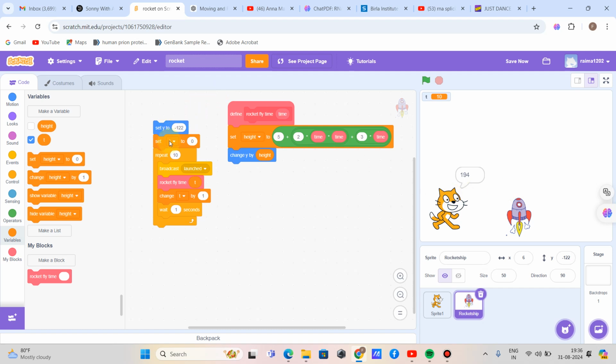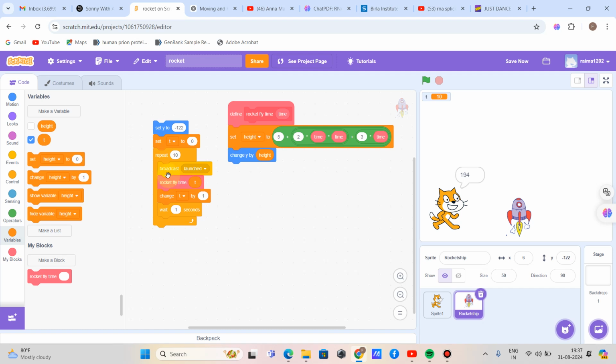Then I made another variable t, which is the time I am putting on my stopwatch. The time is first 0 seconds when the rocket has not launched. I am going to measure the rocket's height till 10 seconds, so I use the repeat 10 times block.